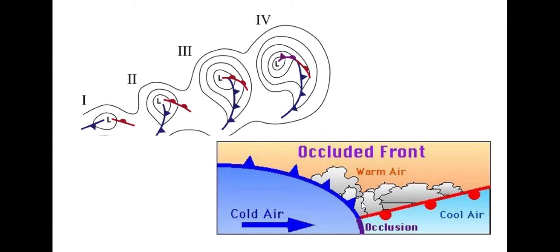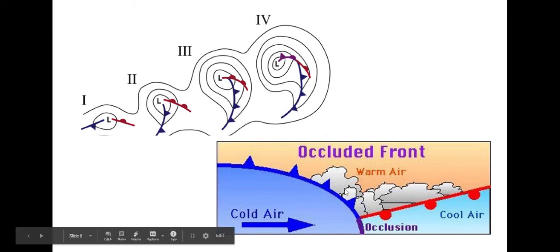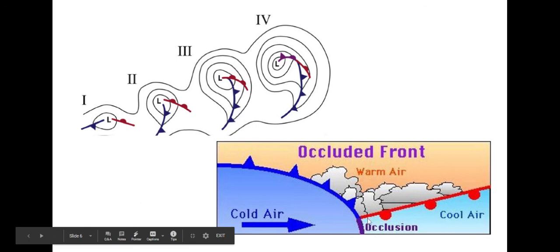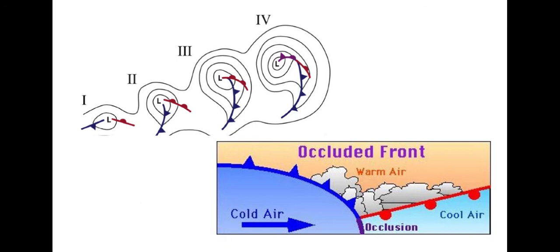So the cold air catches the cold air, shoves the warm air up. Now, it doesn't go up super fast. It doesn't go up super slow. So sometimes you get stratus clouds. Sometimes you get cumulus clouds. Sometimes it rains. Sometimes it doesn't. Sometimes it's kind of heavy, but usually it's pretty mild. You generally don't get severe weather with an occluded front because the air doesn't generally go up very fast. Because the rule of thumb is if air goes up fast, it comes down fast and you get severe weather. An occluded front, you don't have air going up fast, so you generally don't